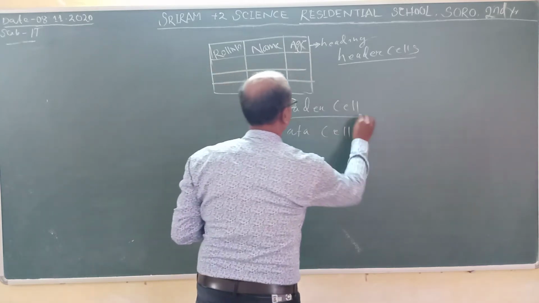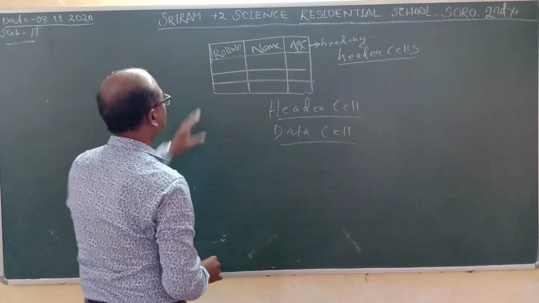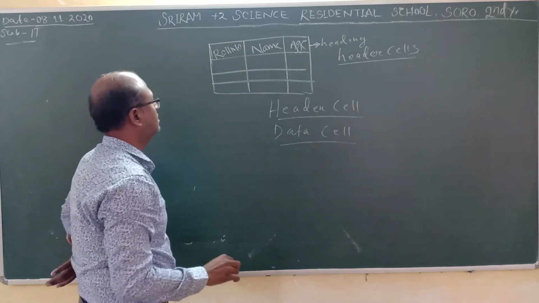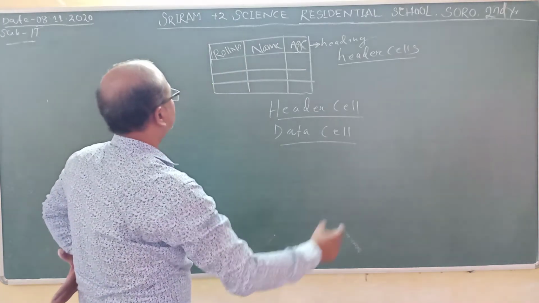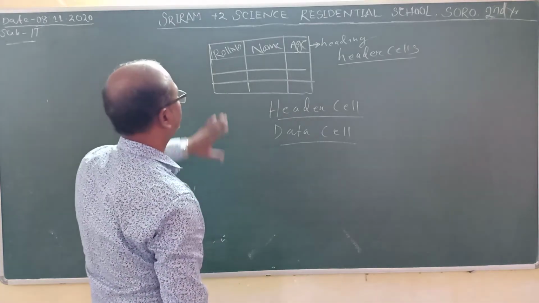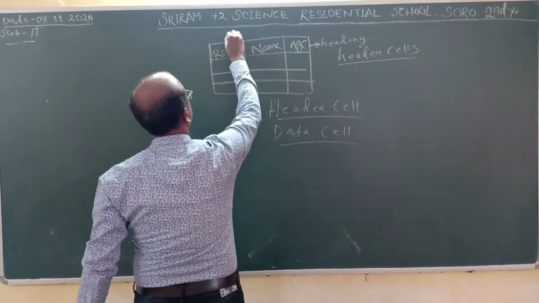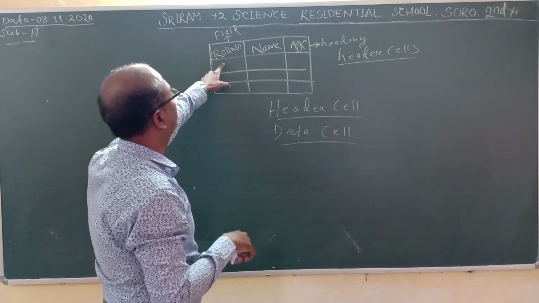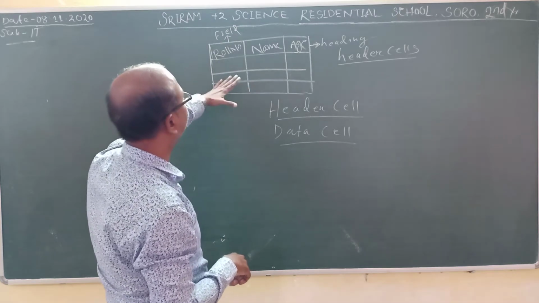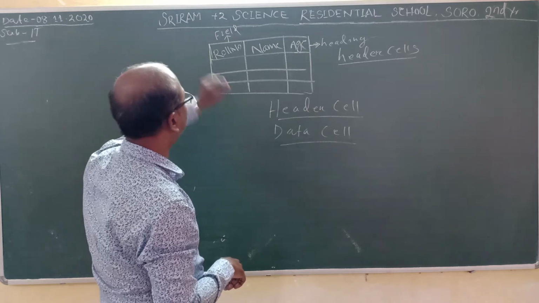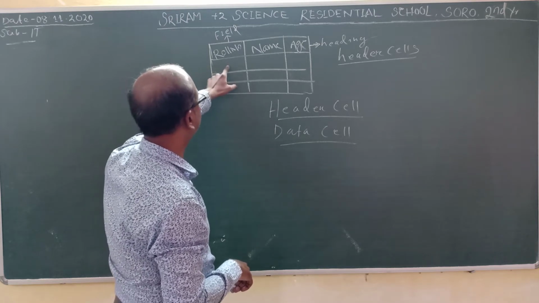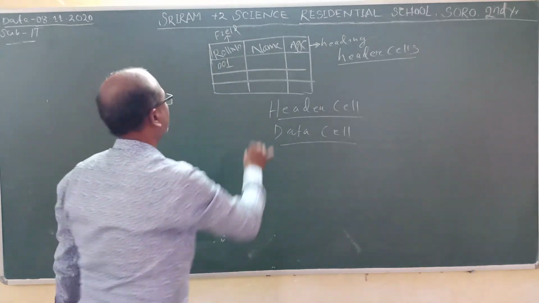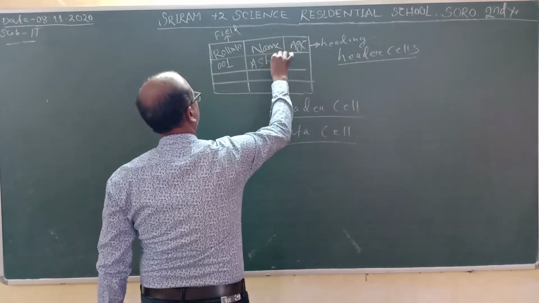This is header cells. Another type of cell is the data cell. These are the data cells. And data cells contain the value of that roll number or the value of the field. This is known as the field, F-I-E-L-D. The value for that header cell should be stored in the data cell. For example, 001 is the roll number. Name is Asu.